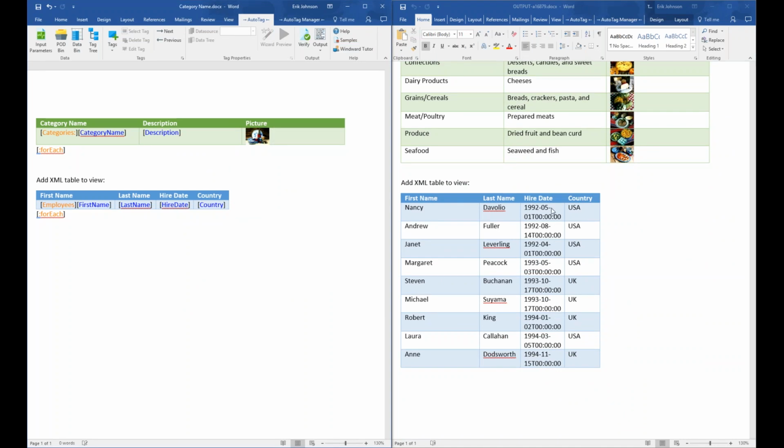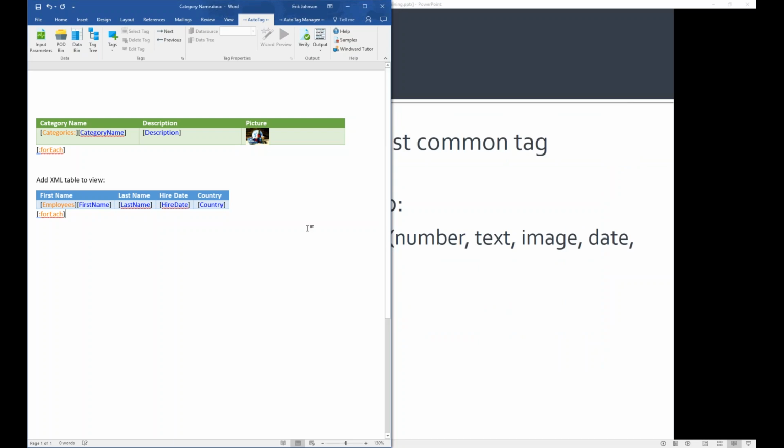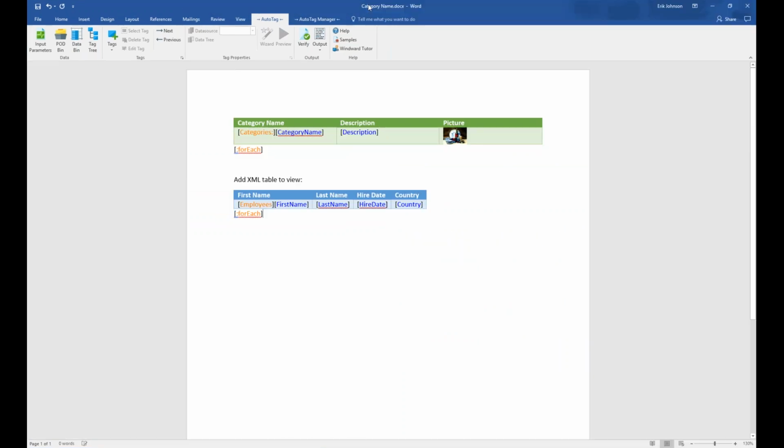You may have noticed that the hire date, the format's a little difficult to read. This is the raw data that we're receiving from the XML file. We can make this a little more reader friendly. Let me show you how to do that. Let's close the output, expand this again,